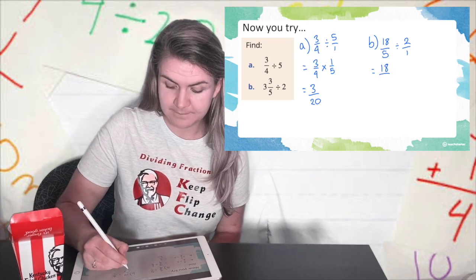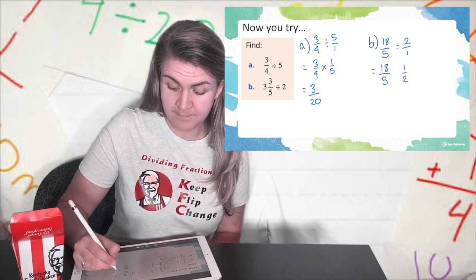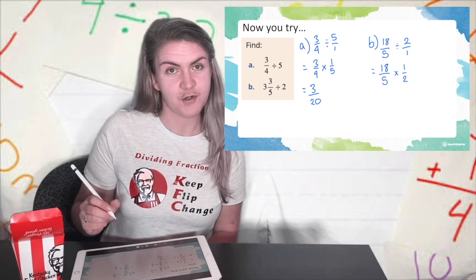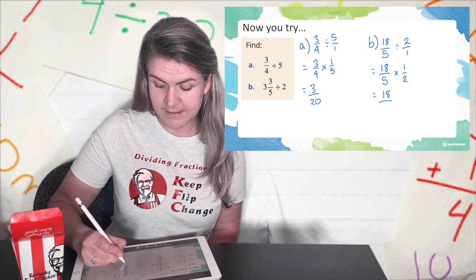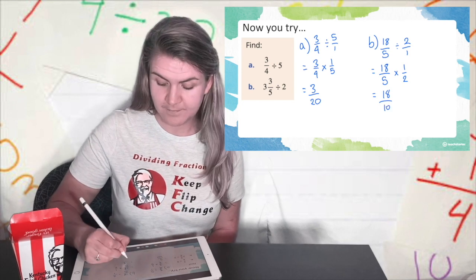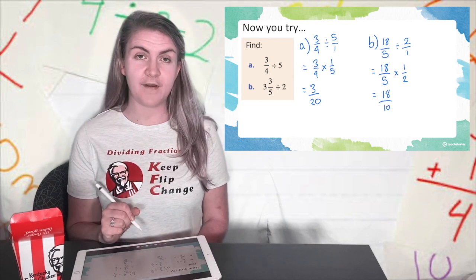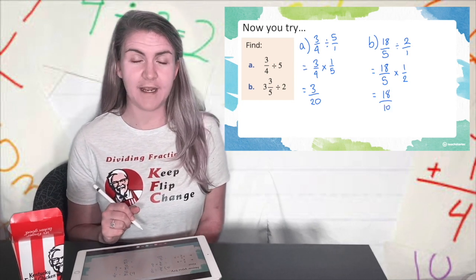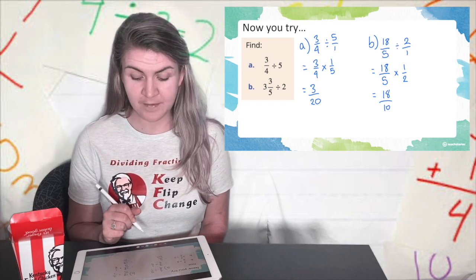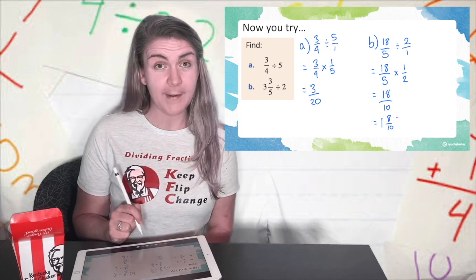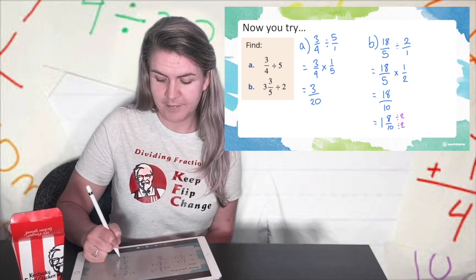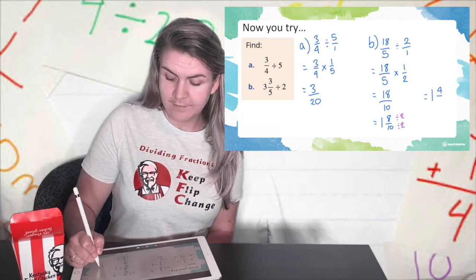Now I KFC. Keep the first fraction the same, flip the second one, change to a multiplication. Now I just multiply. 18 times 1 is 18. 5 times 2 is 10. Can I simplify? Yes. Firstly, I can turn it into a mixed number. 10 goes into 18 one time, with 8 left over. Now I can still simplify because I can divide them both by 2, leaving me with 1 and 4 over